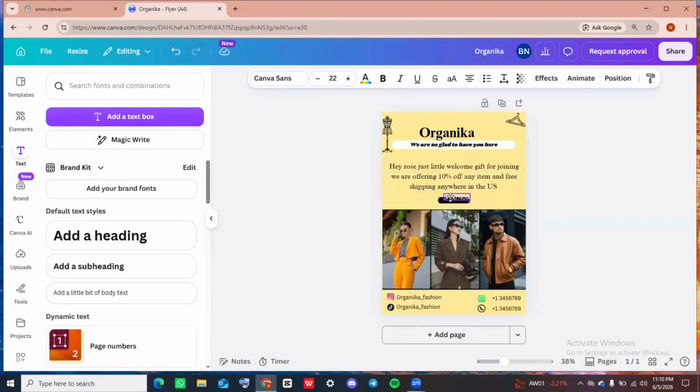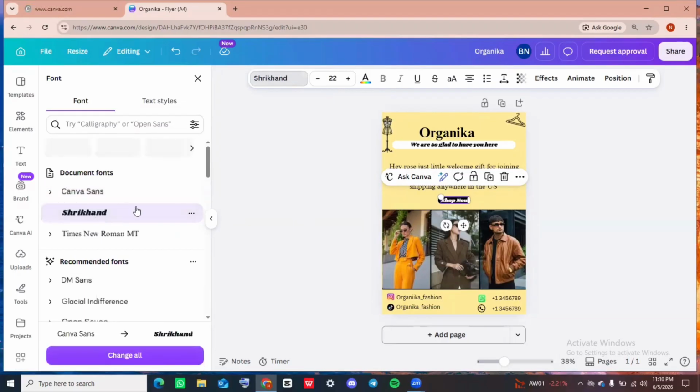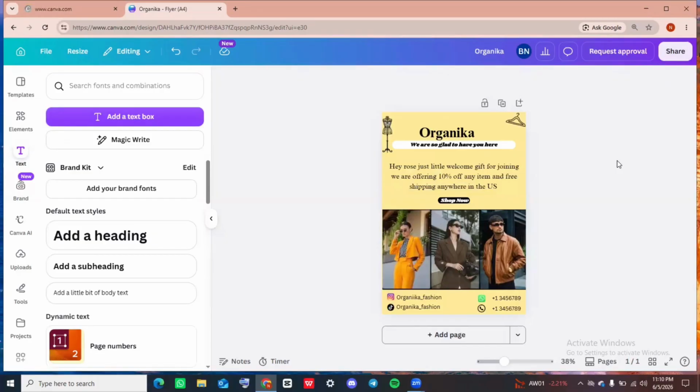Now I'm going to place this on the box. I do not like the font type, so I'm simply just going to change that into something more bold, and this is exactly what I would like. Now, this is a click-worthy button, but to even make it better, we're going to be making this shop